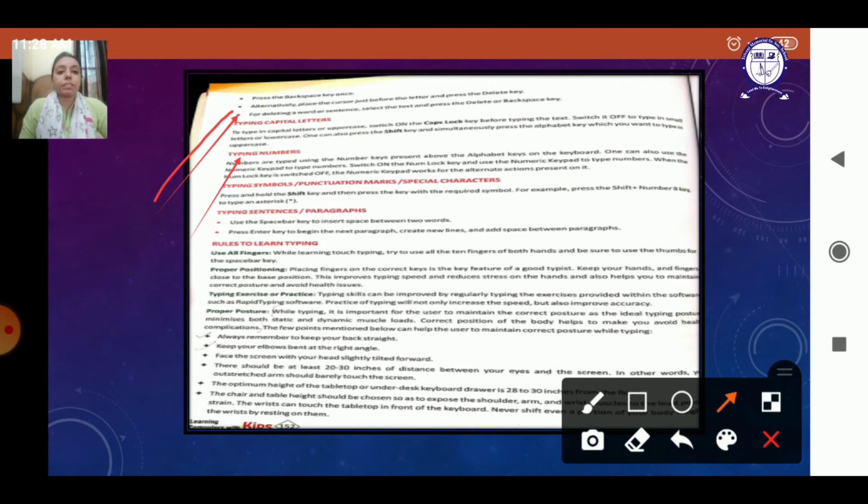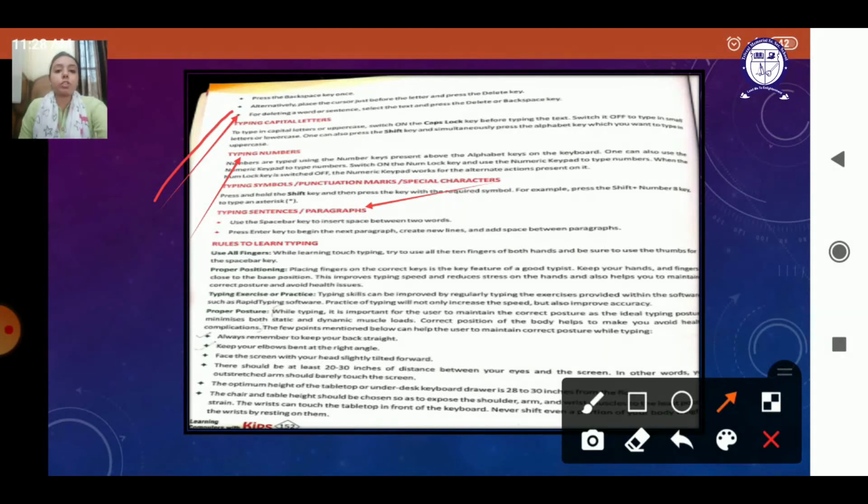Next we have typing the sentences and the paragraph. Generally when we are typing a line, we use the spacebar key to give the space between the two words. And if we want to make it a paragraph or an essay, we have to press the enter key the number of times we want. Suppose we want one paragraph to be completed and then start the next paragraph, you can press the enter key, again press the enter key, so there it will show a gap of at least 2 lines, right?